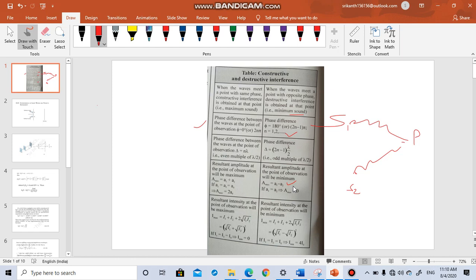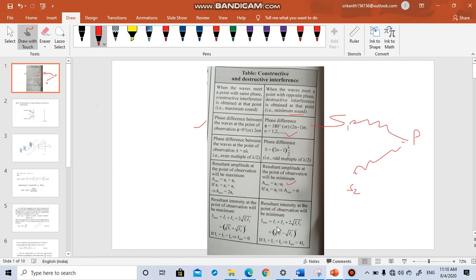In constructive interference, you need to add the amplitudes, whereas in the destructive, you need to subtract. So amplitude dies down. If both are the same amplitudes from two different wave functions, your amplitude becomes 0. Here it becomes double. In terms of light, it will become brighter. And when we talk about intensities, we have seen that it is root over I1 plus root over I2.